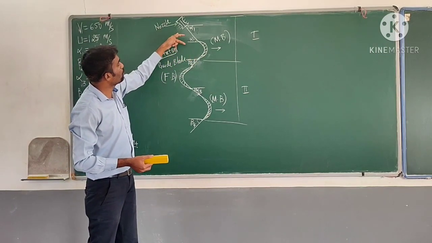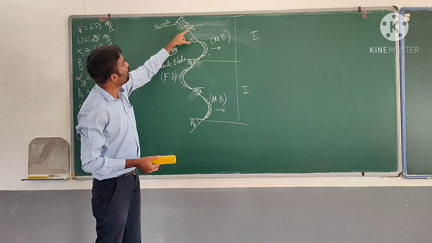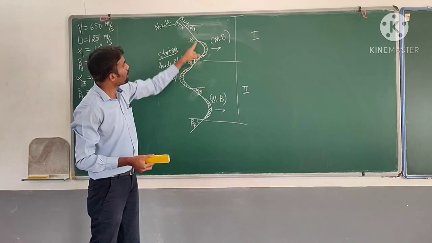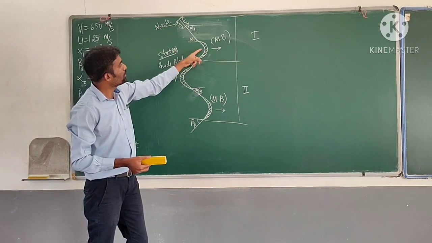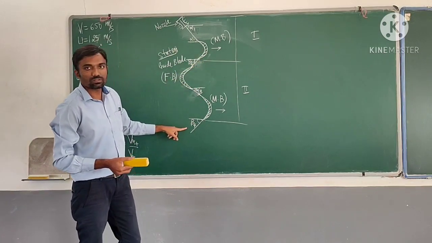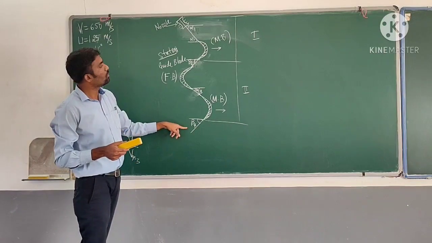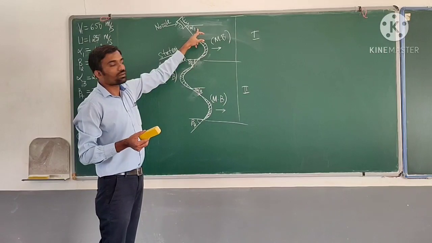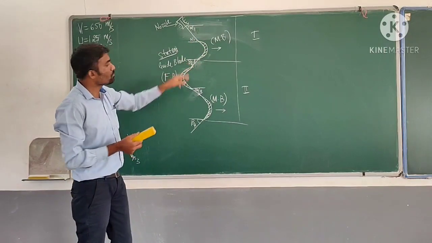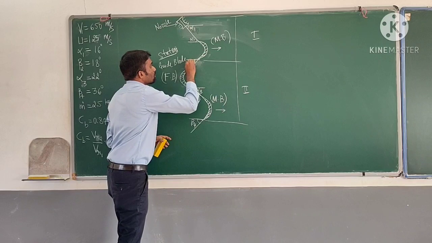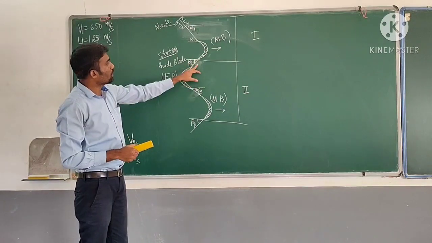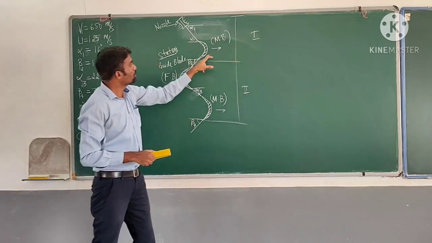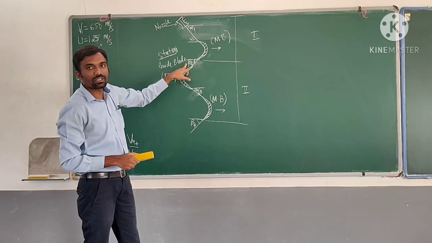Usually with respect to the guide blade or fixed blade, we show the odd numbers, 1 and 3, as you can see here. With respect to moving blades, we show the even numbers. So remember this thing. Coming back to the problem, alpha 1 is the outlet angle of the nozzle. Then you can see here beta 2. So beta 2 is the outlet angle of the rotor for the first stage. It is coming out of the first stage, so it is written beta 2 over here.